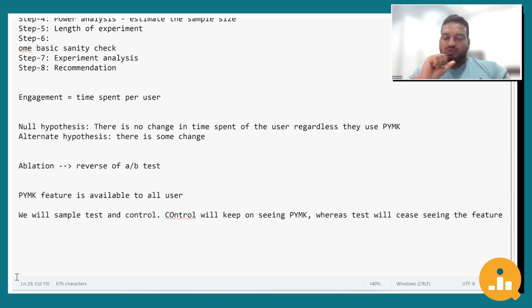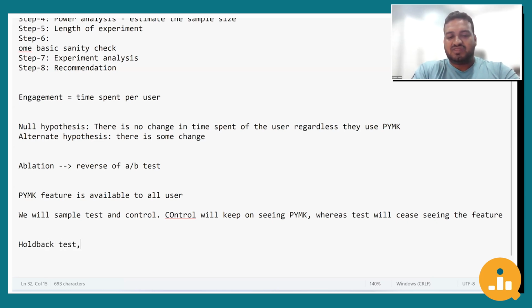Now, the second interview question, which is getting very popular these days. In the real world, if you are running these kinds of experiments, you will never see any statistically significant result in a day or two, or even in a month, because these are very subtle changes and it will take a lot of time for users to react. It's not a very disruptive change. So what we do, we learn a concept, and I have seen people using different terminologies. Some people call it